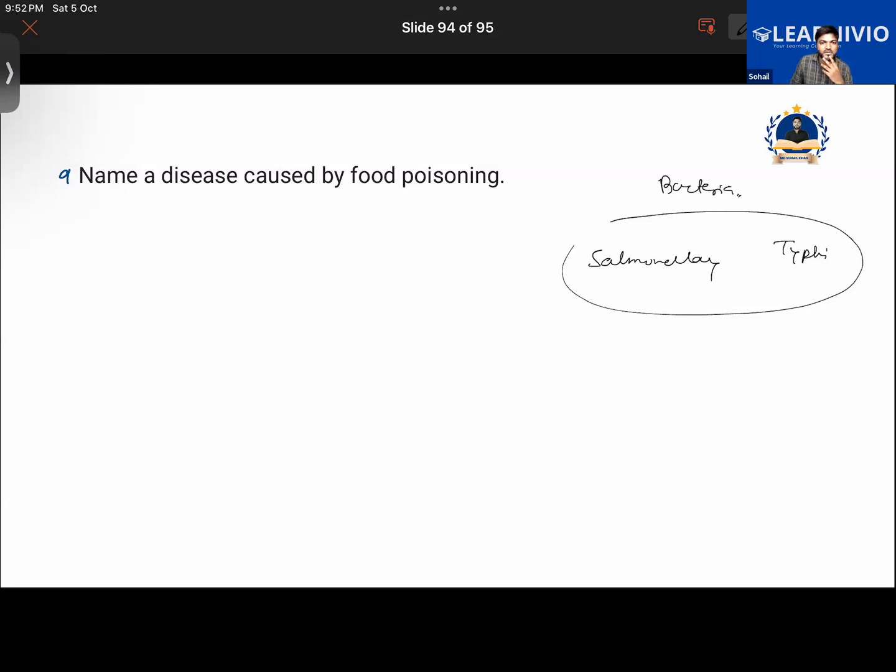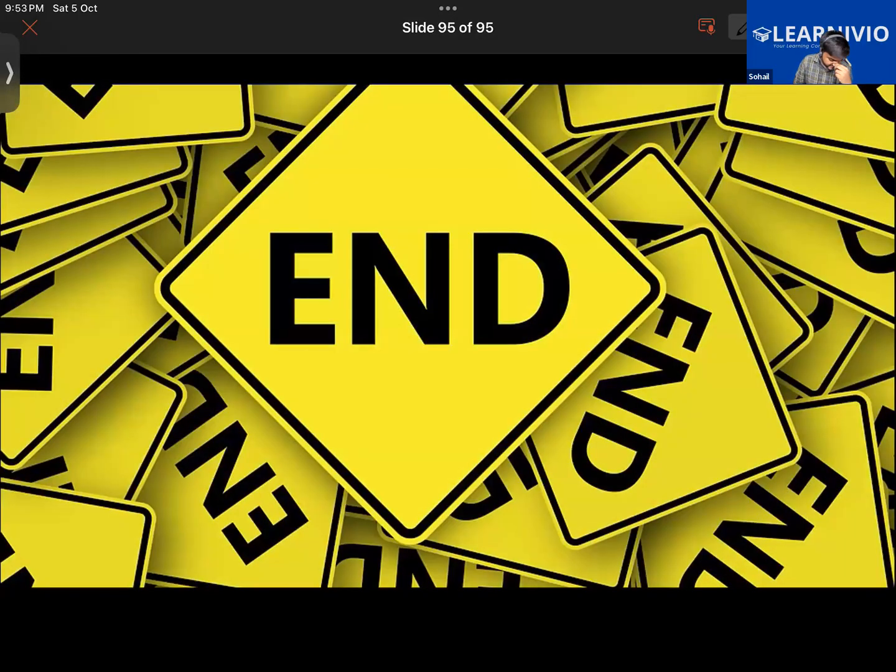Further, as I was saying, there are different diseases caused due to food poisoning. One of the diseases is one in which the person would be vomiting a lot, suffering from diarrhea, and have pain in their abdominal region. That is caused by norovirus. So this is also one such disease. So here we have finished the chapter.